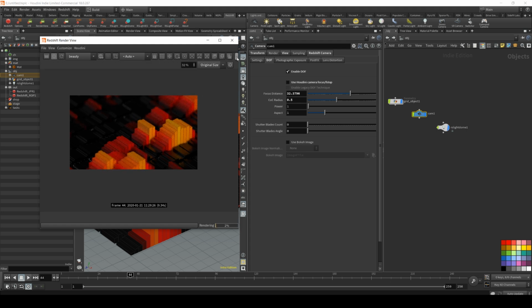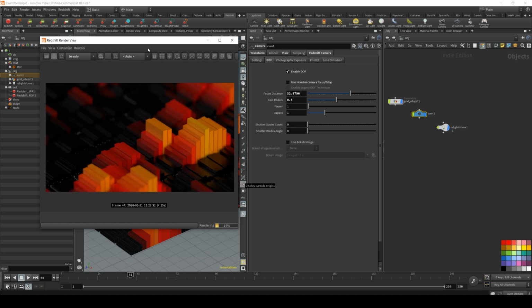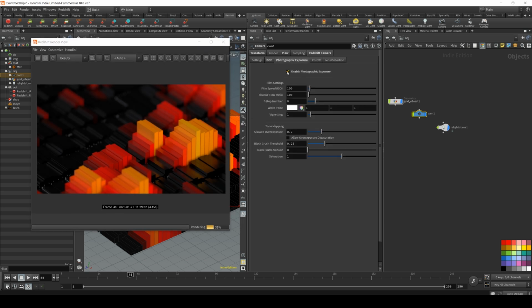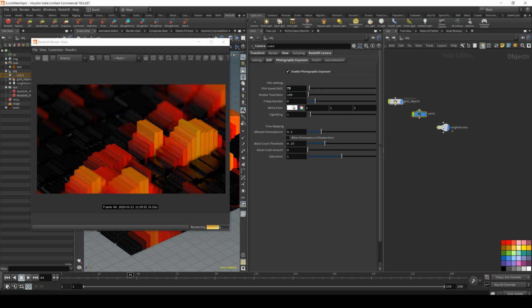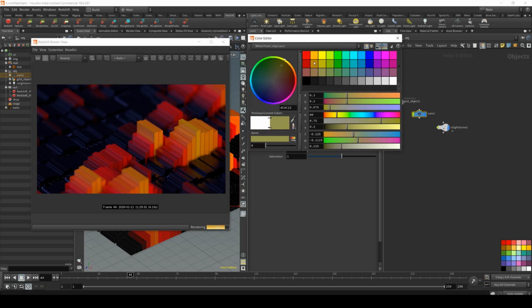And I can also create some fit window stuff, so it will be faster to calculate. So what I could do too is photographic exposure, and I can control the exposure of it. It's interesting controls. I can choose a white point, for example. I can kill a bit some maybe orangey colors. I can just select, play with